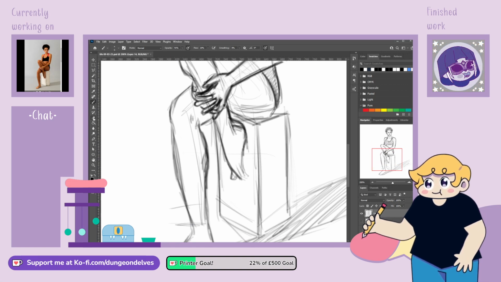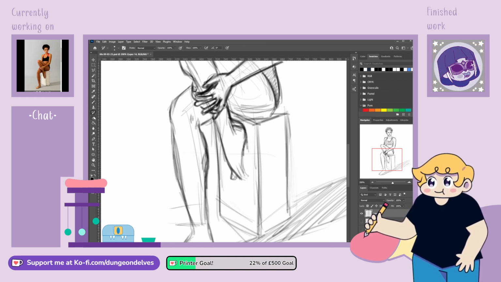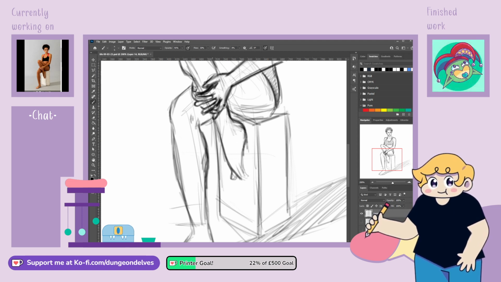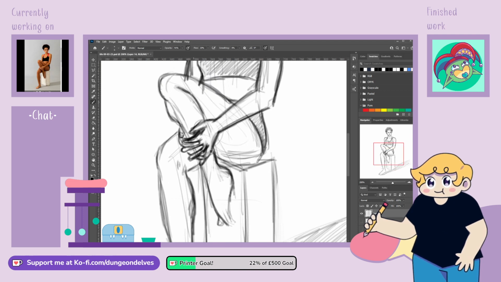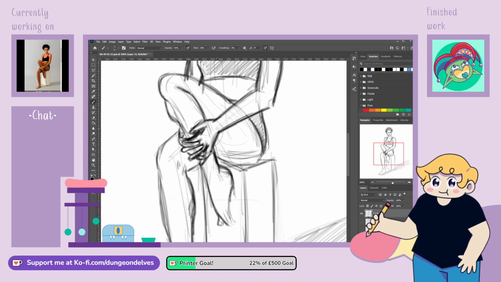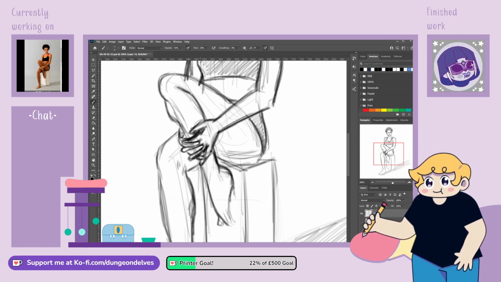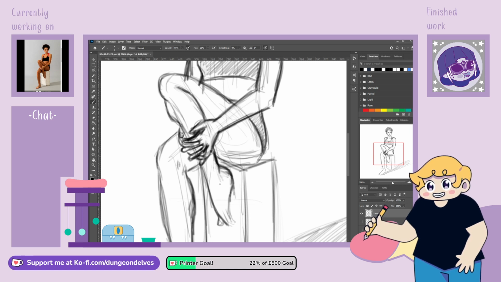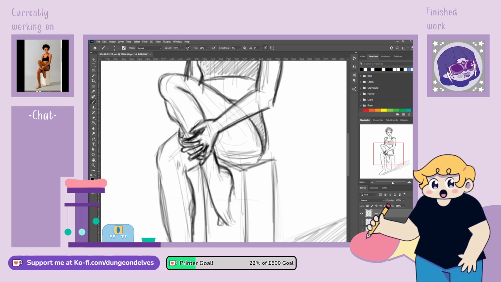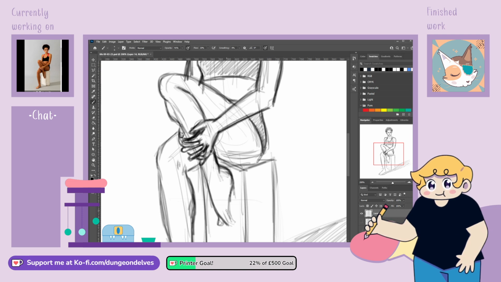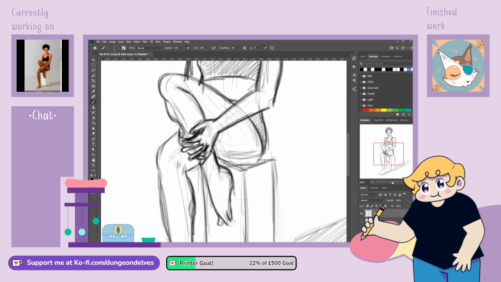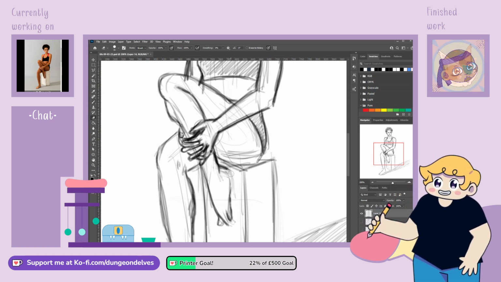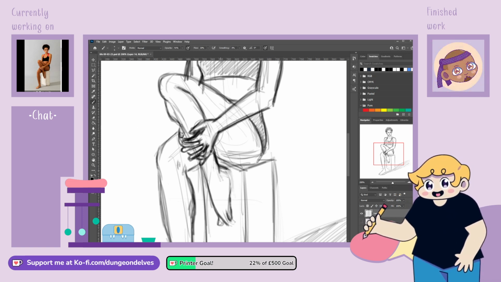Feet. I don't think you can get away with not drawing the feet. You've got plenty of time to draw the feet. Okay. I don't hate the shape that's going on here already. I feel like this needs to have a bit more of a straightness to it or something. I think that's gone a bit too big.